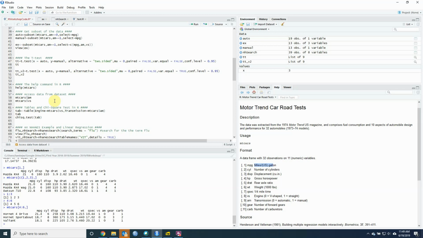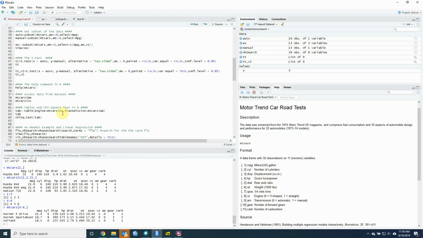Okay, so let's say that I'm interested in, is there any relationship between the engine shape, whether it being V-shaped or straight shaped, and the transmission. So basically what we mean here is, are V-shaped engines more likely to be automatic or manual transmissions? And are straight engines more likely to be automatic or manual? And is there a difference in the frequency of the V-shaped and the straight as far as whether they're automatic